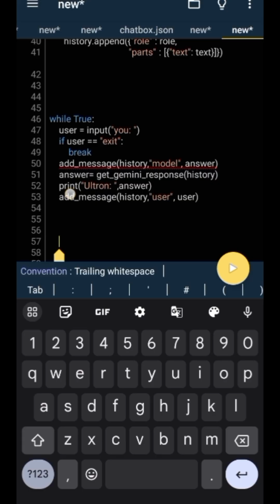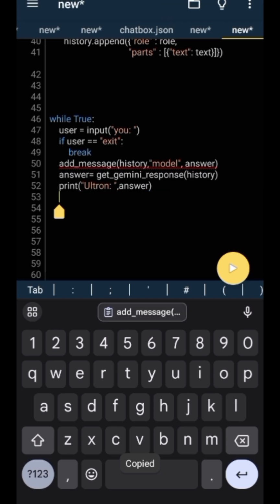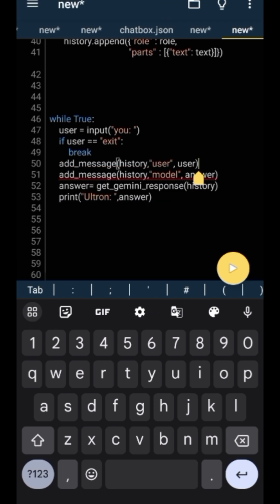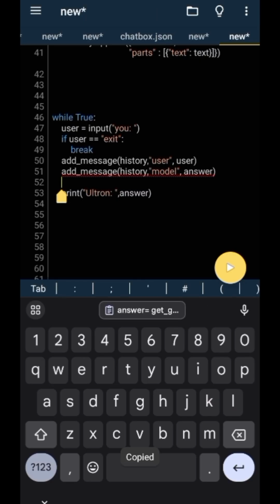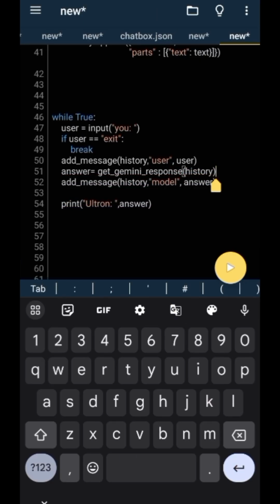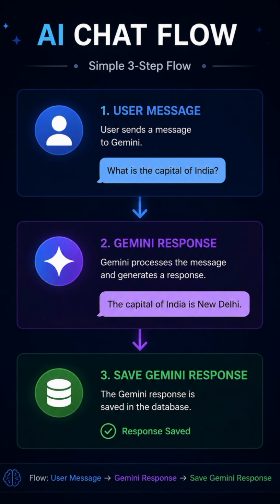The order of these function calls is important because each step depends on the previous one. First, we call add_message, history, user, because we need to add the user's question to our conversation history. Then we call get_Gemini_response, history. Now Gemini receives the updated history, including the user's latest message, and generates a response. Finally, we call add_message, history, model, answer to add Gemini's response back into the same history. So the flow is simply: